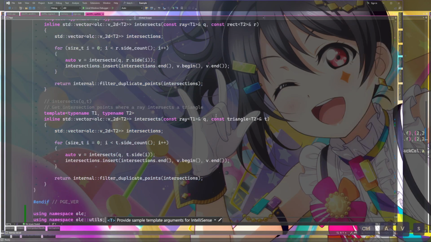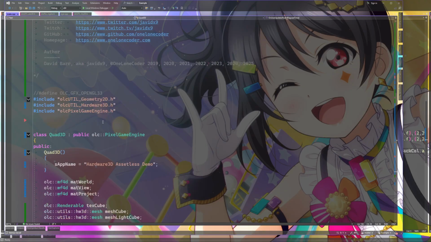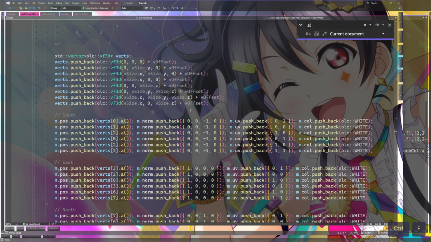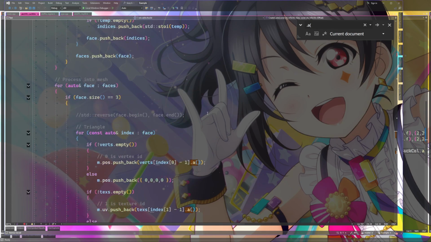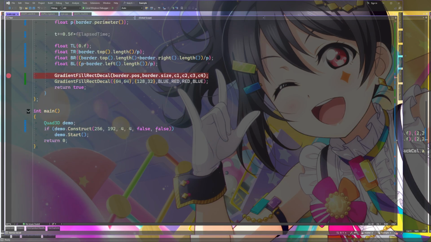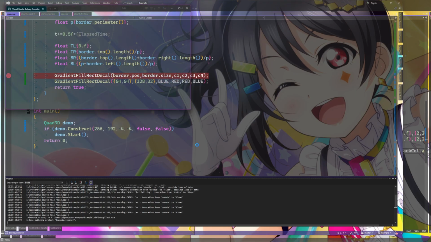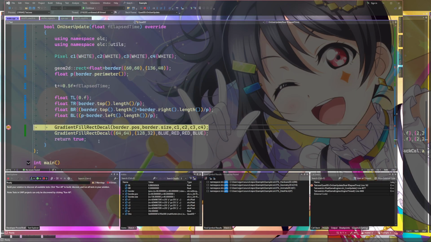I don't even know what A would be, but apparently Hardware 3D needs it. I'm not even using Hardware 3D, but I'm kind of curious now. What is A? Oh, it was probably conflicting with Geometry 2D's vector class. That's right, because they all relied on different defined macros for each other.